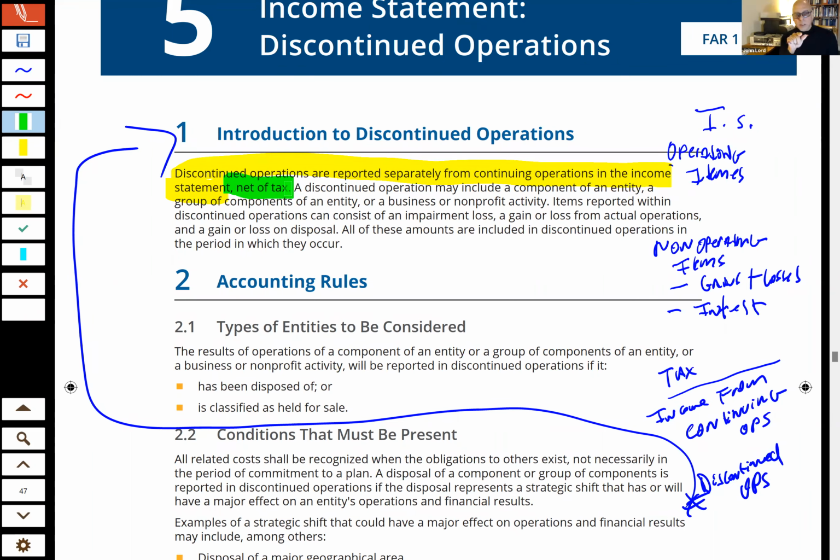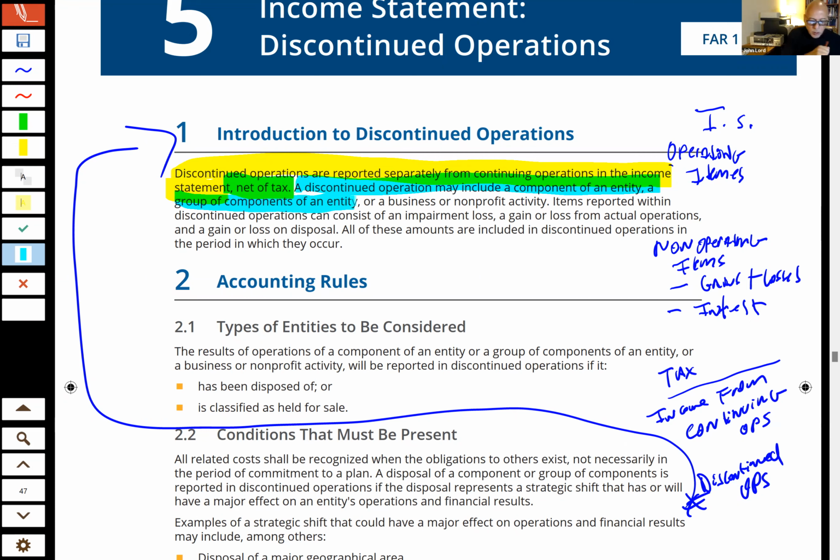Now, when you look, the tax from my continuing operations was explicitly displayed there. The tax effect of my discontinued operations will be backed out in a side calculation, and anything I report in the discontinued operations will be net of tax. Okay. Now, they tell me that a discontinued operation may include a component of an entity's group or components of